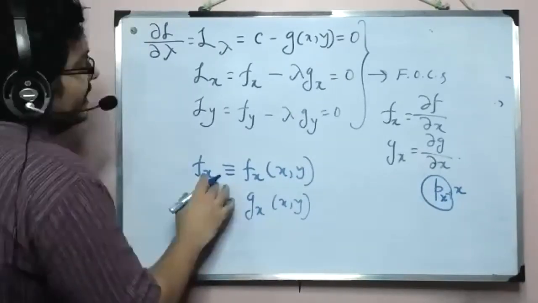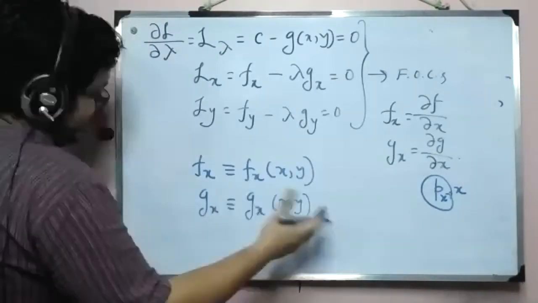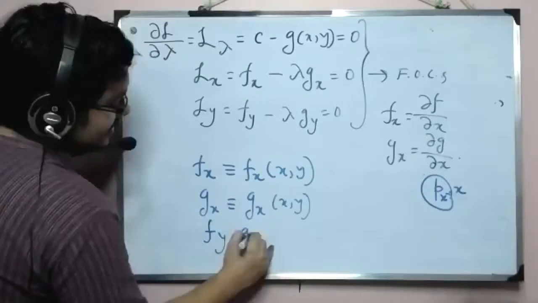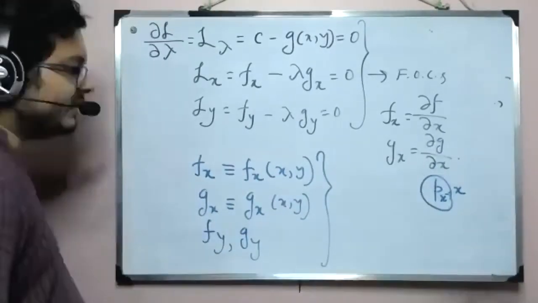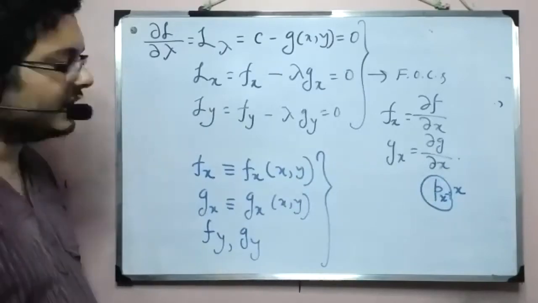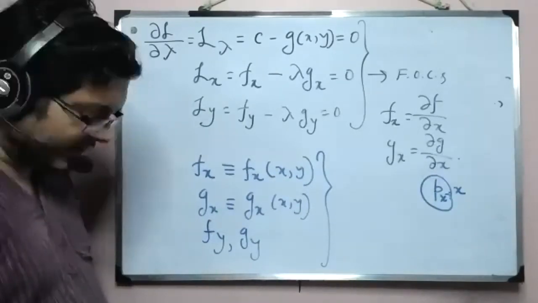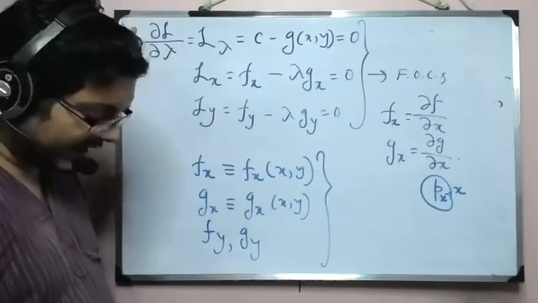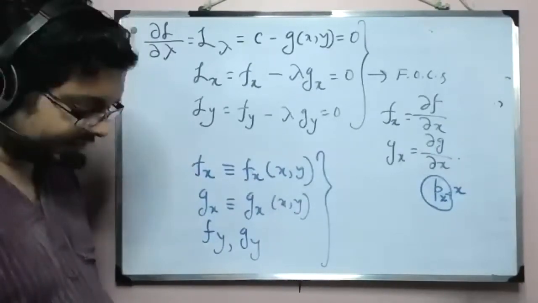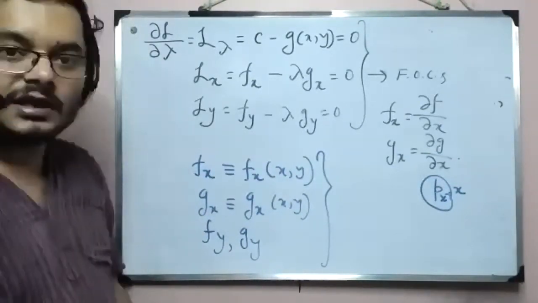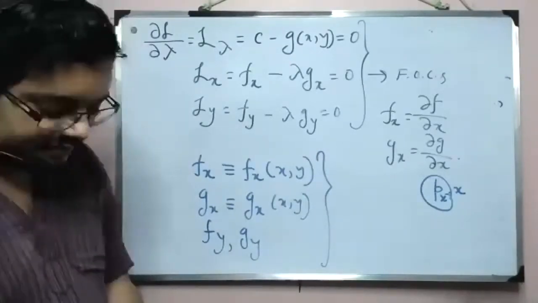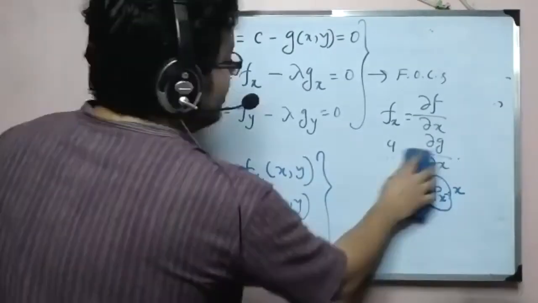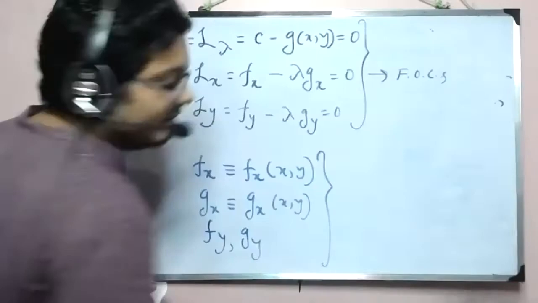Okay, so here fx also involves x comma y, gx also can involve x comma y, and that is also true for fy and gy. So whenever you are dealing with the general structure in your head, always keep in mind that in the general structure we have to go assuming everything.